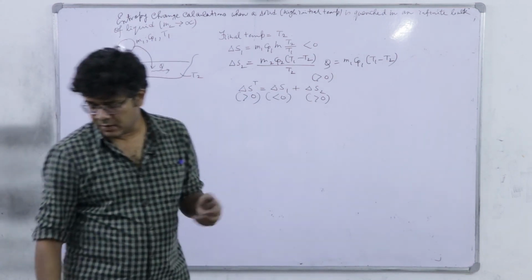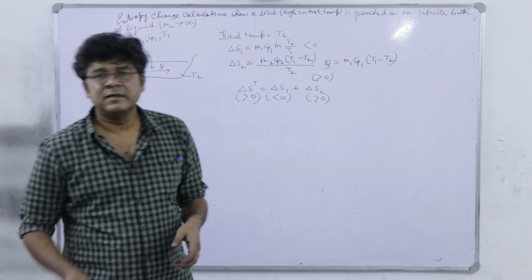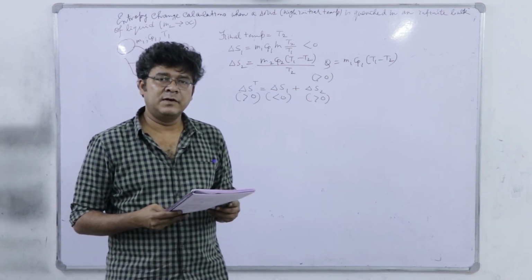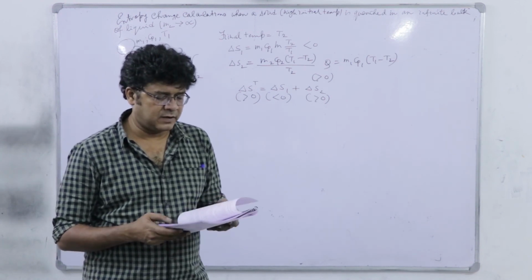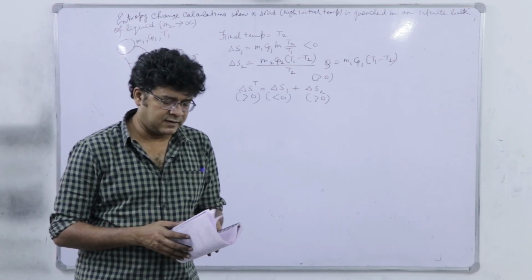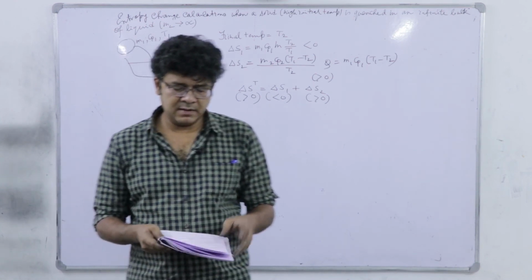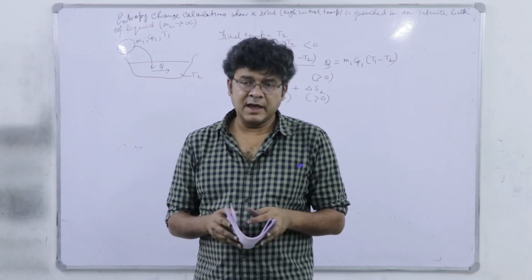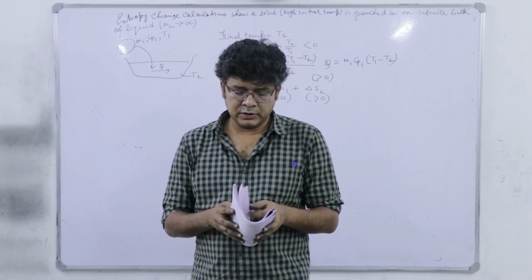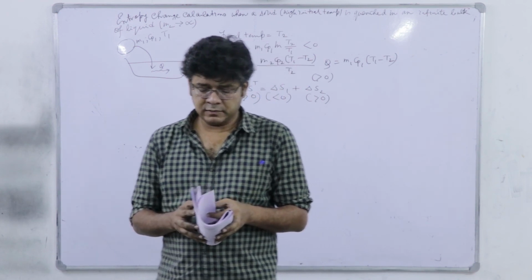So, in all these cases I have mentioned that for all natural processes the change of entropy of the universe will always be positive, and that is basically the mathematical statement of the second law. So, in the next session we are going to first establish this second law's mathematical statement, and next we will switch over to the thermodynamics of flow processes. Okay? So, thank you.